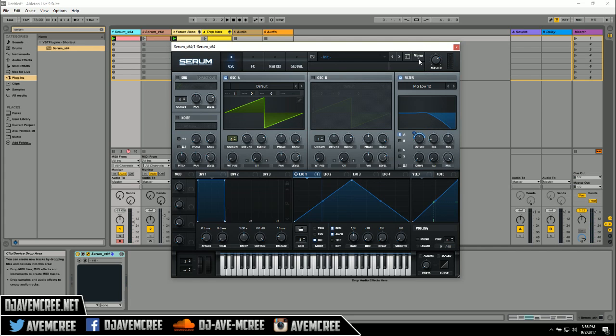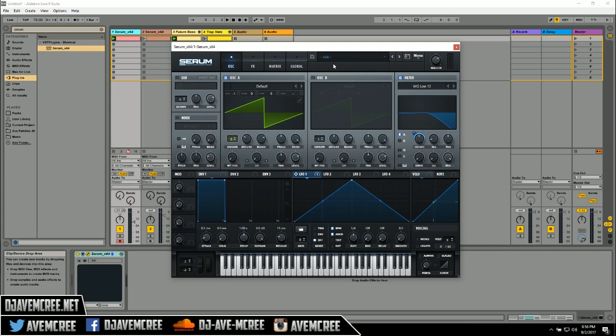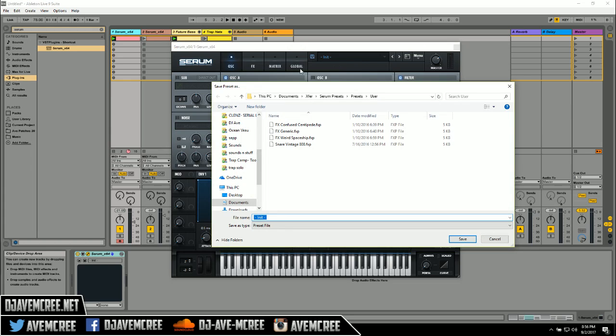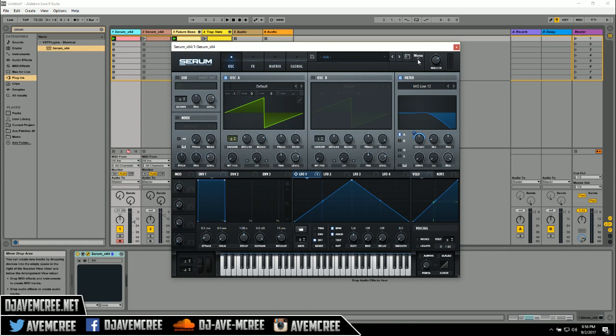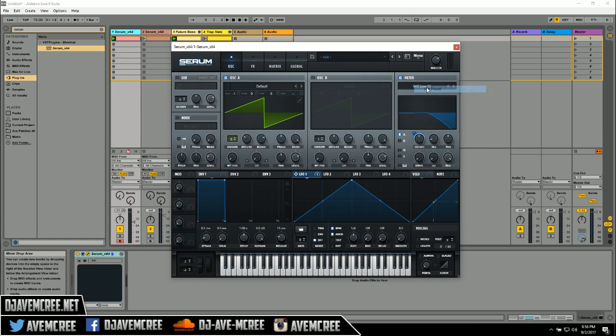One thing I want to note too, if you want to save something, you can just press the little disc right here and then save it. Of course, you probably want to save it in the presets user file here, and I got presets that I made in here from a while ago. But if you want to start all over again from a fresh slate or a clean slate, you can just press initial preset and